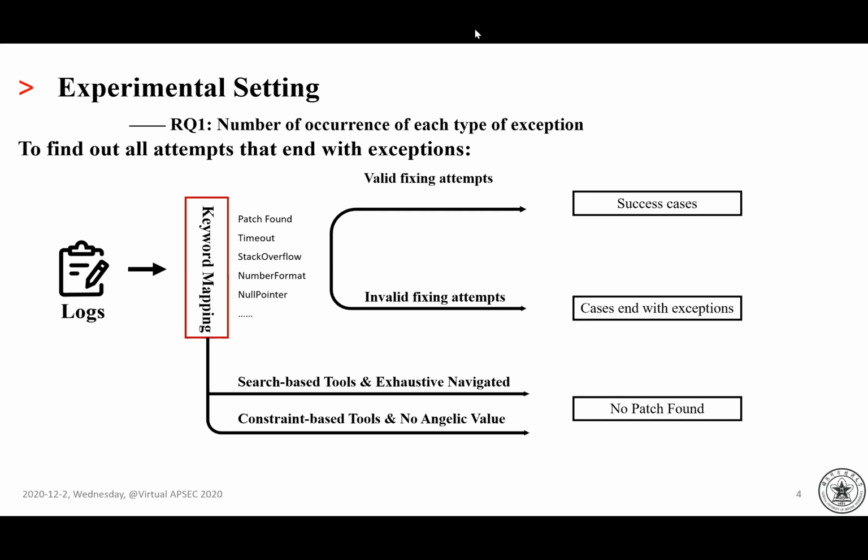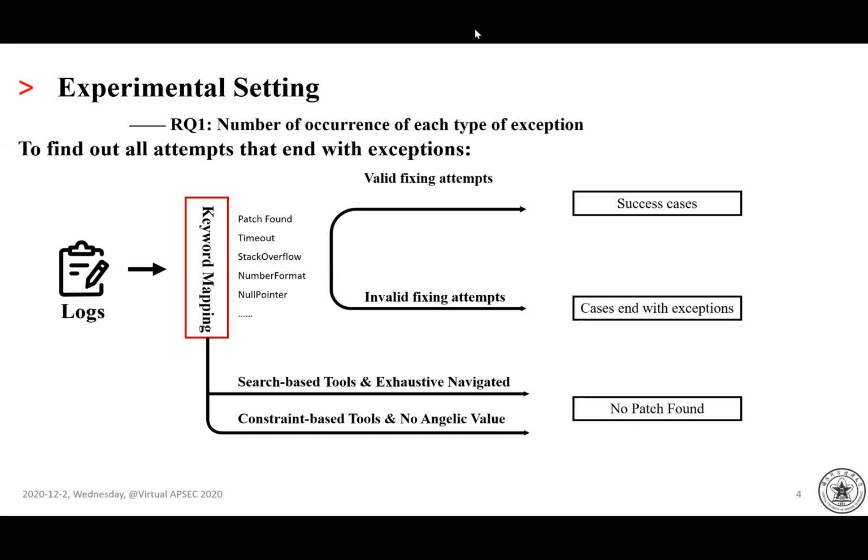For example, in order to figure out whether the tool visits the whole search space or not, "no Android value" is used for constraint-based tools, like Nopol. Similarly, "exhaustive navigate" is used for search-based tools, which means the tool can find a plausible patch due to the exhaustive